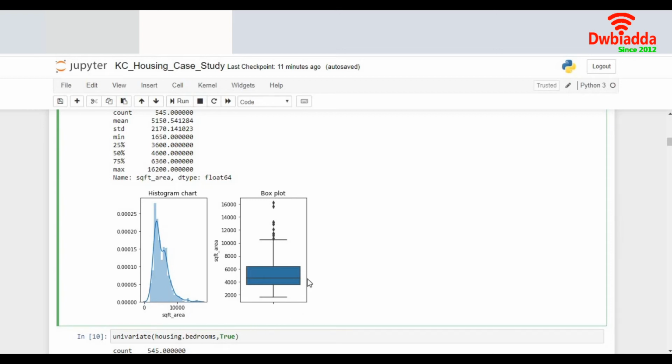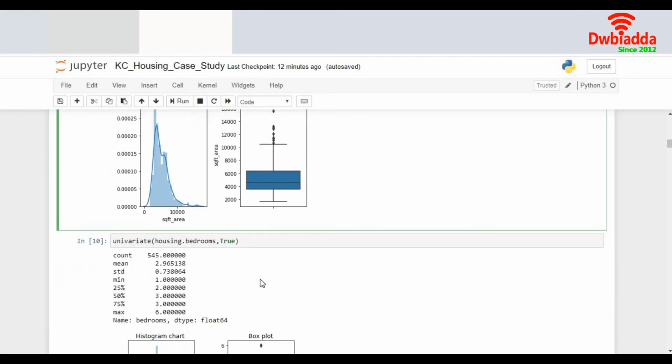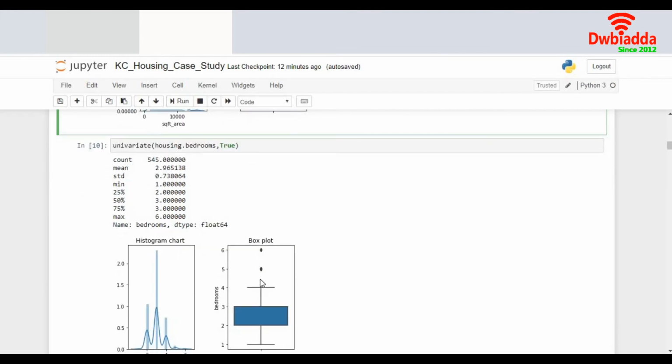The box plot gives me the spread of the data. I see most of the data is in between 4000 to 6000. The first point here is the 25th percentile. The topmost point of the box is the 75th percentile, and the extreme topmost point is the 100th percentile, and this would obviously be the 0 percentile. So I can see the 25th to 75th percentile is in between 4000 to 6000, which has almost 50% of the data. I move to the next one, the number of bedrooms.